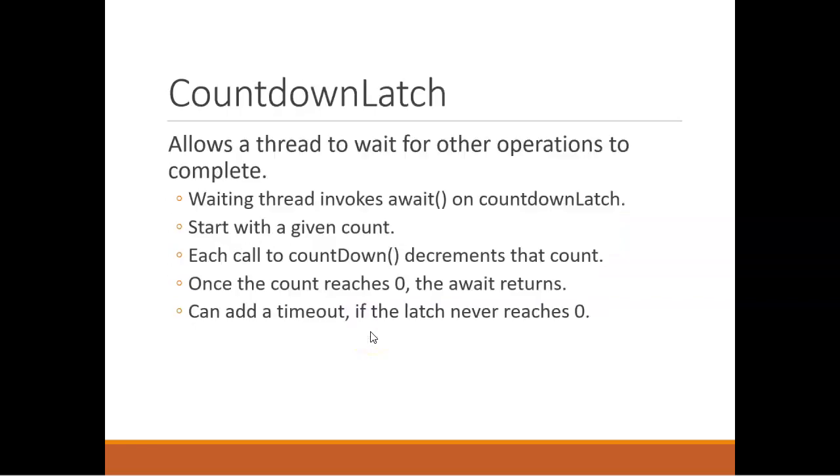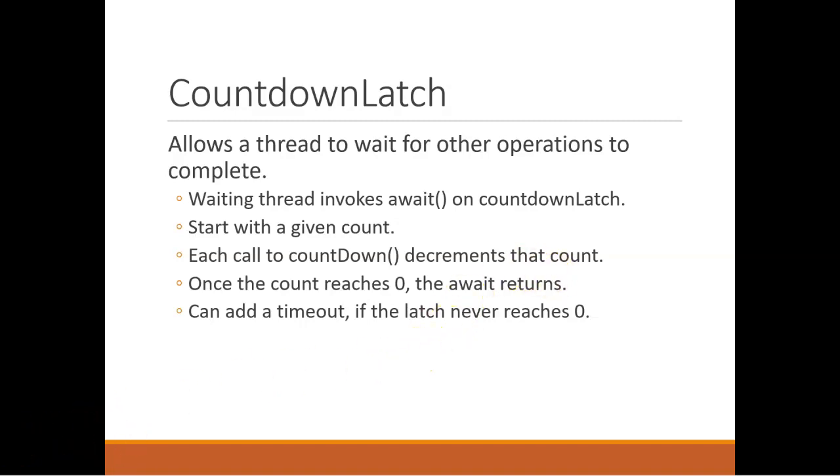Now, what's the CountdownLatch? Well, remember, observing live data is a little bit tricky because you're just waiting for something to observe. So it might not happen in a sequential order. CountdownLatch is really handy here. What we can do is initialize a CountdownLatch to a certain number. Then we can have our thread or process that's waiting on results await on that CountdownLatch. And that thread would be our test thread. Then the thread or process that is receiving these results can say, okay, I'm going to decrement the count because I have received these results. Once the count reaches 0, then the await returns, and our test can continue to process and evaluate the results it's observing on. We can also add a timeout if our countdown never reaches 0. So that's a little prerequisite. It's probably a little easier to see in code, and also something that I will show in a debugger